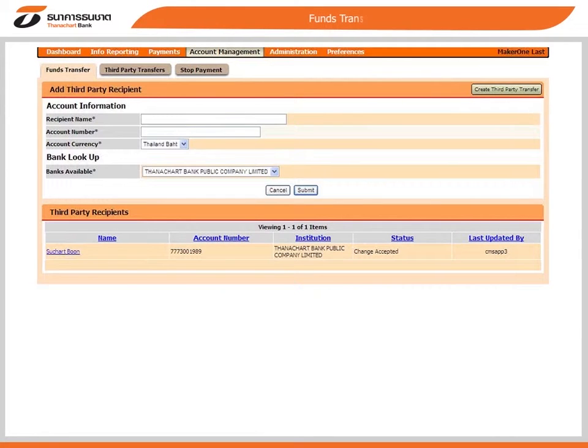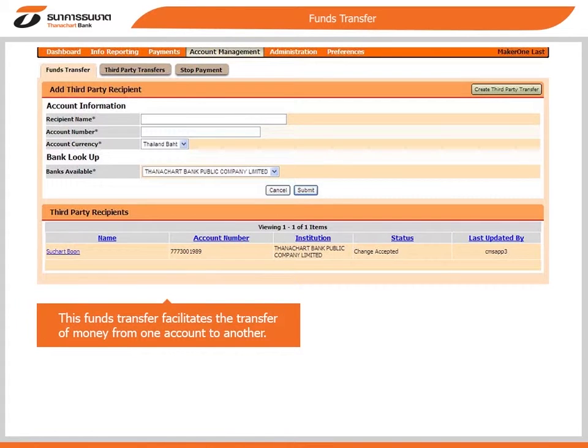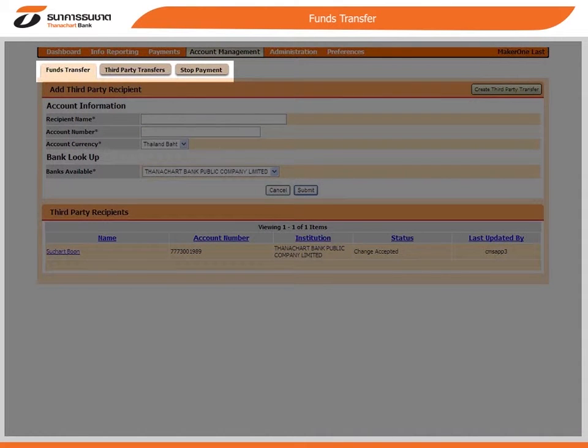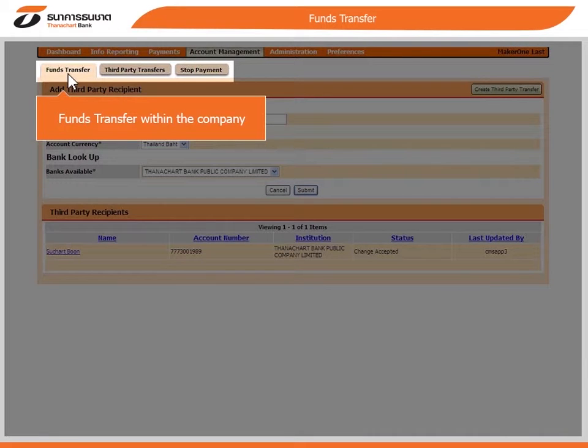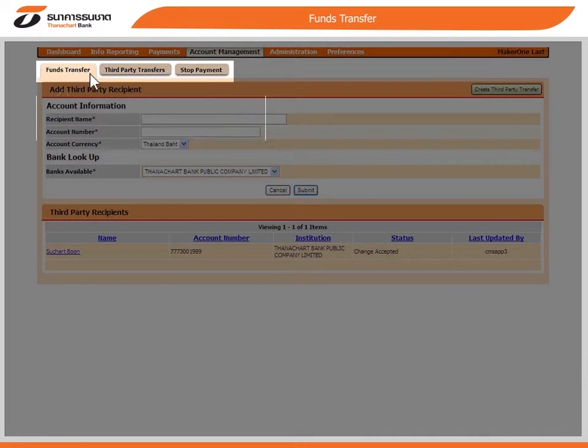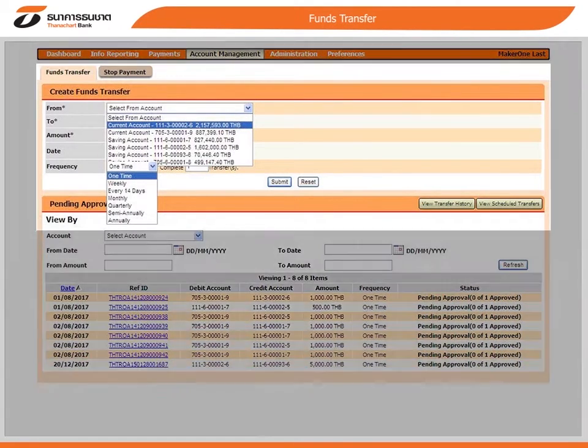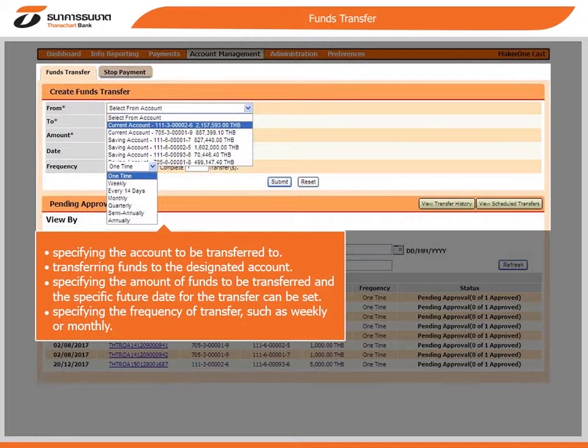Funds transfer. This funds transfer facilitates the transfer of money from one account to another. In this case, the transfer can be made from one savings or current account to another. The following are services provided: funds transfer within the company, third-party transfer. The transfer can be carried out by specifying the account to be transferred to, transferring funds to the designated account,